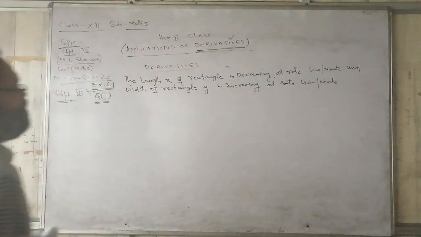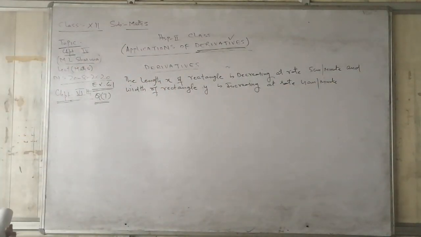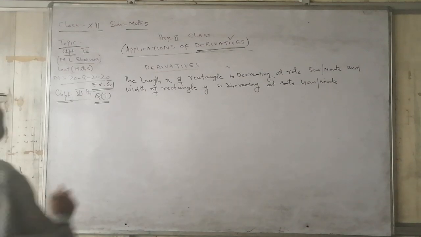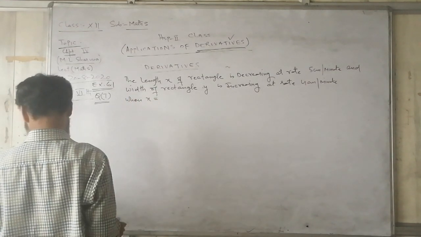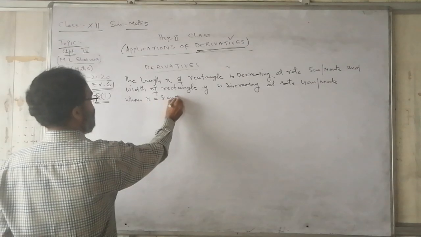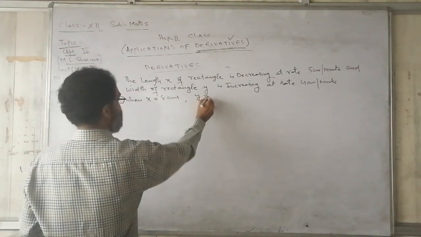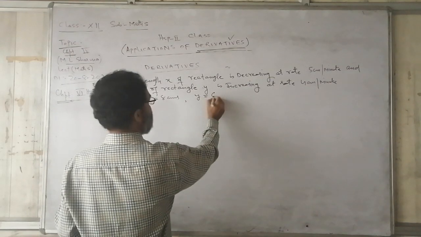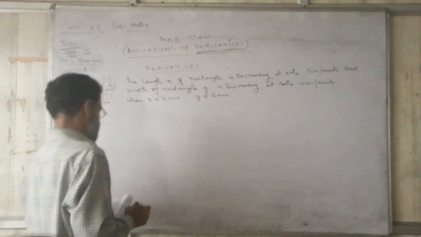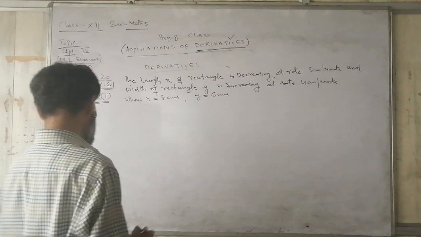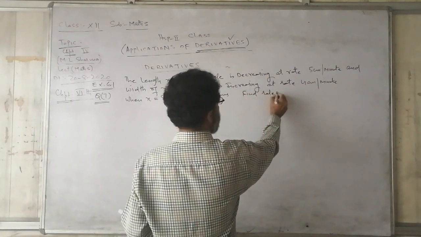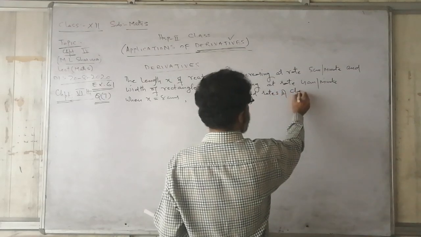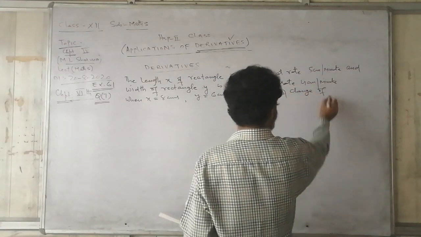Length is decreasing and width is increasing. So question says, when x is 8 centimeter, y is given to be 6 centimeter, you have to find the rates of change of